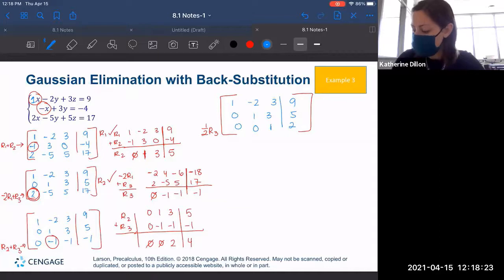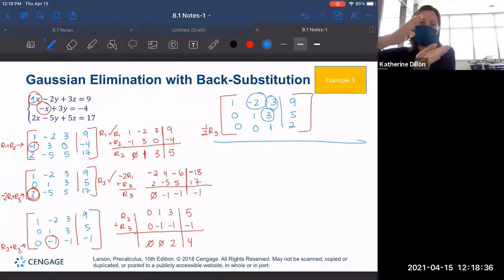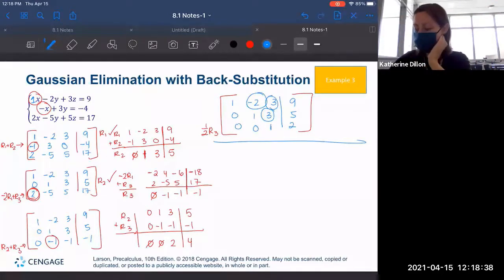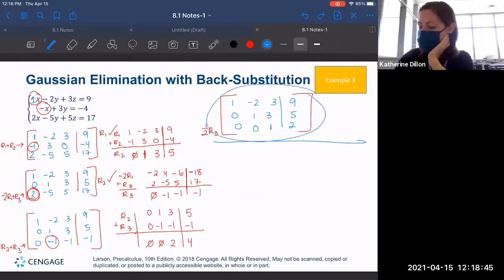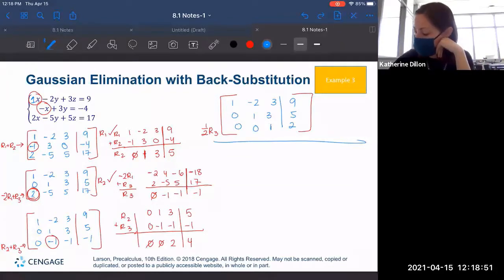At this point, this is where we could break off into either of the two options. We can do back substitution, which we'll do first, or we could eliminate all of these three variables in order to get that nice reduced row echelon form. We're going to do back substitution this first time, and then we're going to come back to this exact same matrix and do reduced row echelon form, and we'll see how we get the same answer. So to start with back substitution,